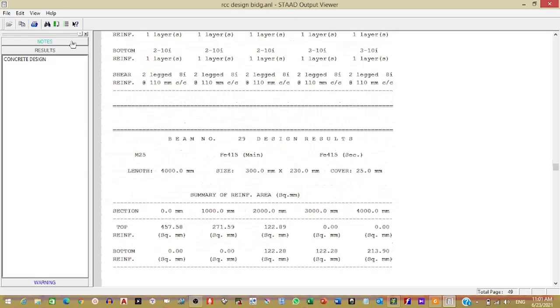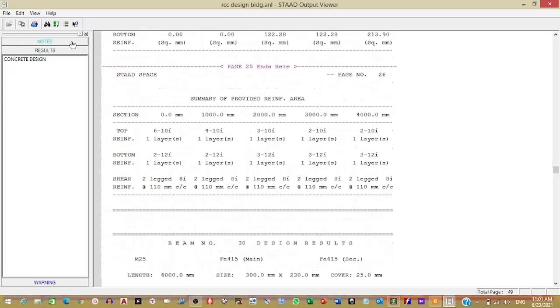So here we have designed beam, column, slab.